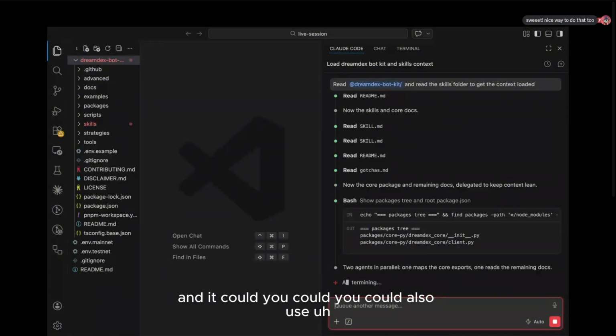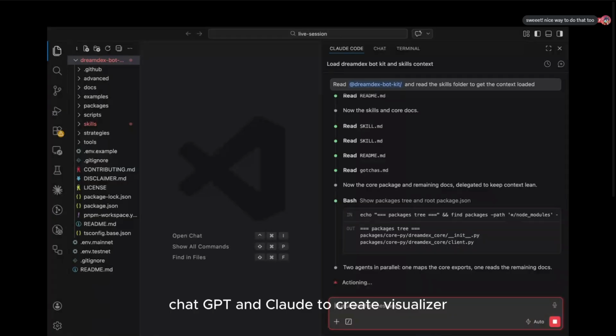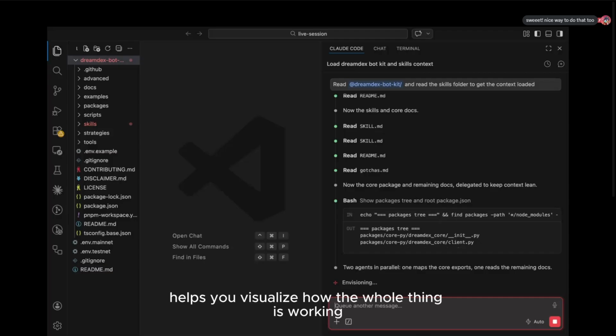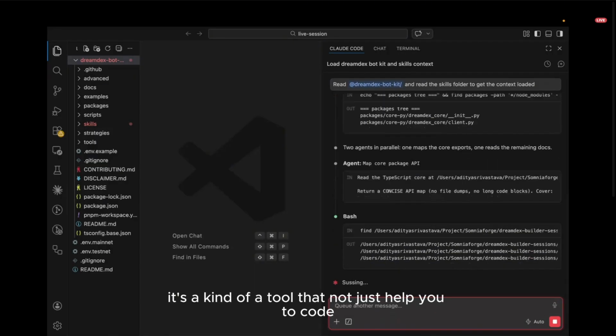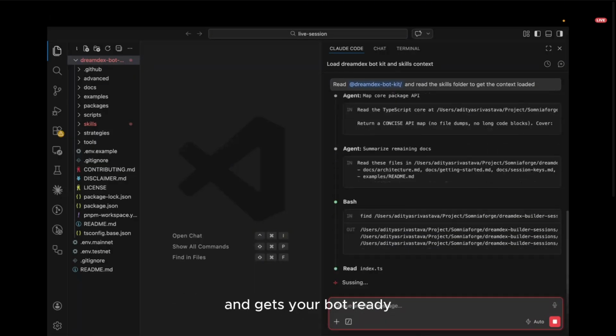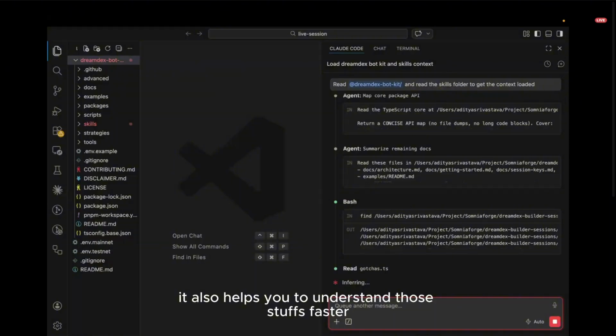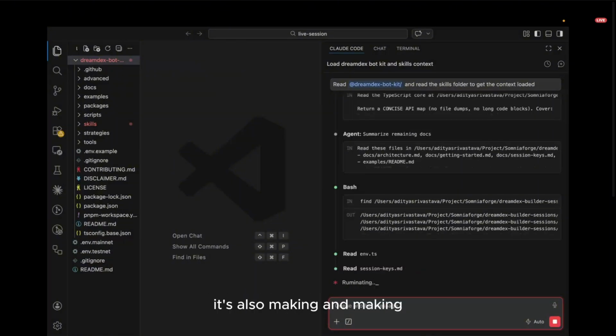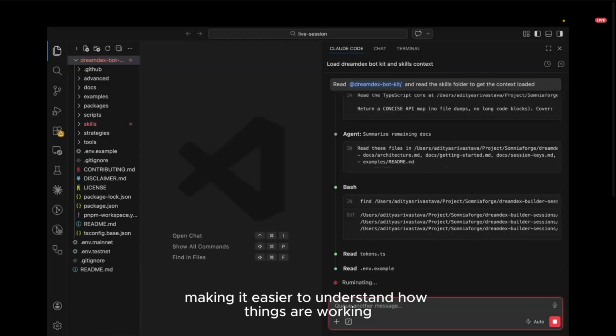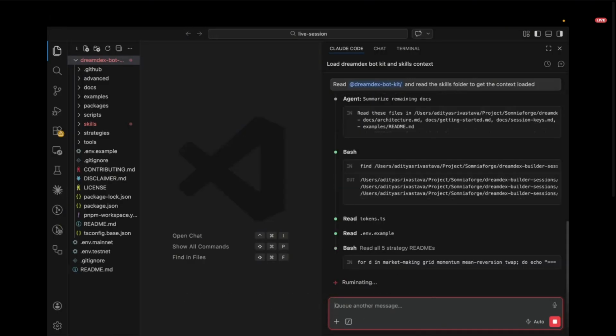You could also use ChatGPT and Claude to create visualizers for you, which helps you visualize how the whole thing is working, how the functions are connecting. It's a tool that not just helps you code and get your bot ready, it also helps you understand those things faster. It's not just making development faster, it's also making it easier to understand how things are working.